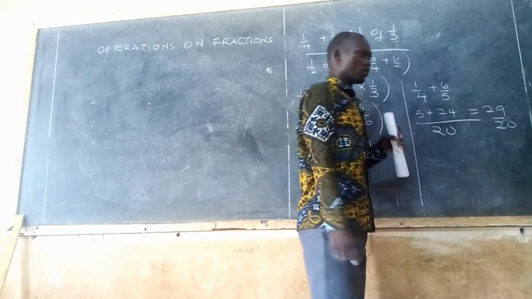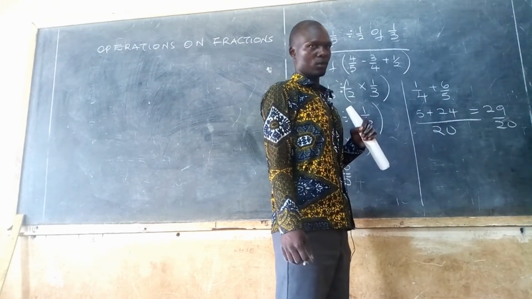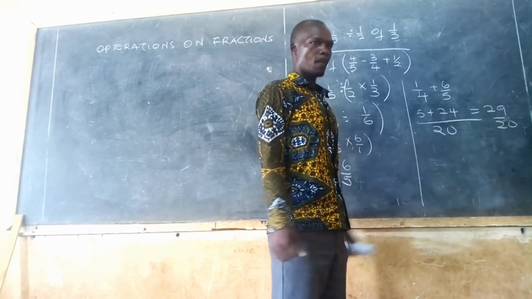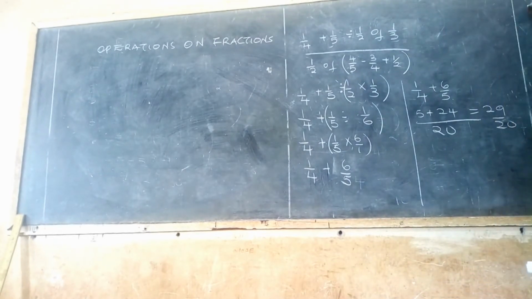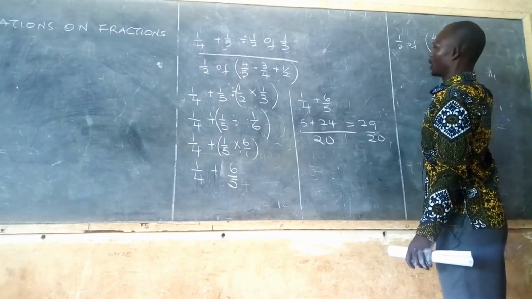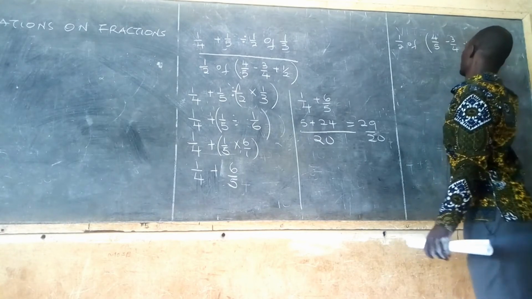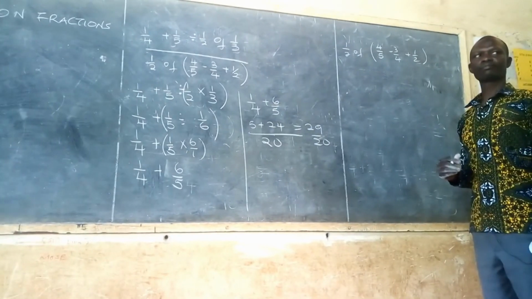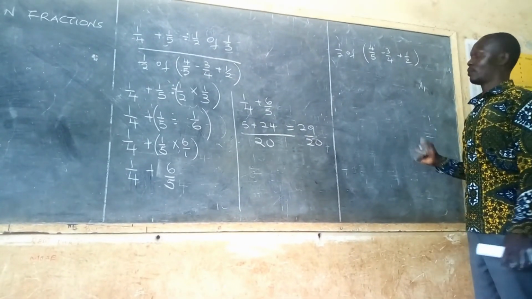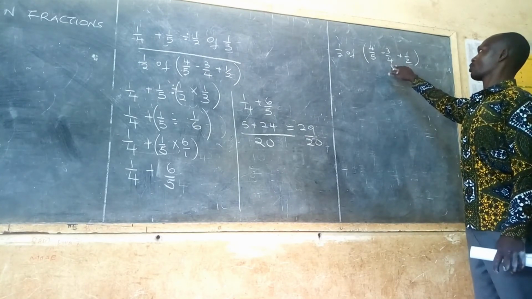At this level, do not struggle to simplify it because you still have the denominator to work on. So just leave it as 29 over 20. Let us go to the denominator. In the denominator, we have 1 over 2 of, in bracket, 4 over 5 minus 3 over 4 plus a half. When you now have the 3 of them, I advise that you use the LCM. You look for the LCM, that will make your work easier. But still, within you can also choose to go for